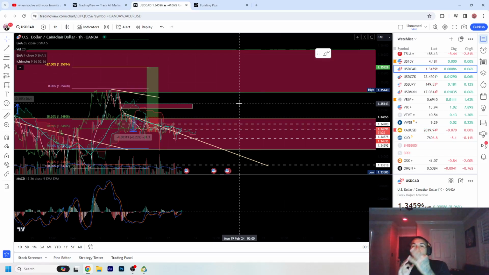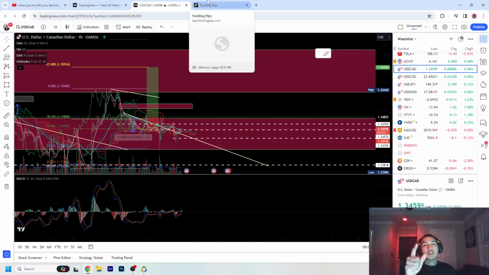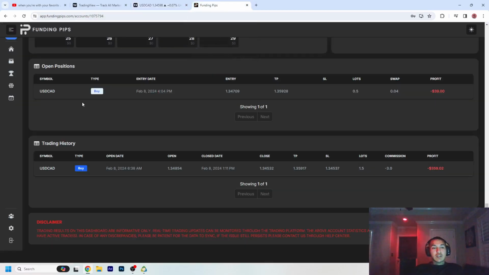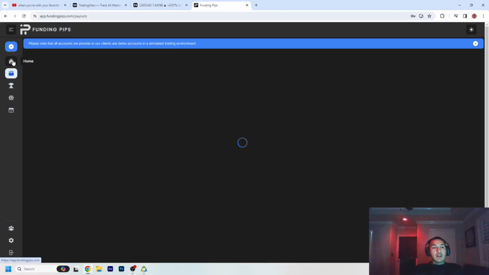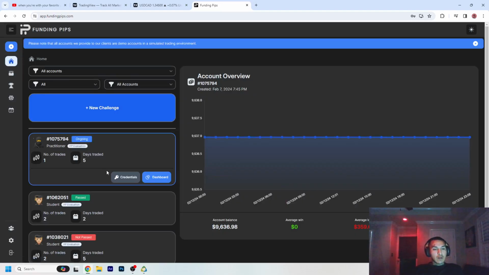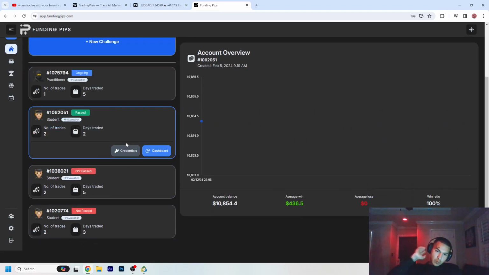This is the third part of the $10,000 challenge. As you can see, my mistakes were in EUR/USD, so we know and we learned from those things. But we were able to pass the challenge, like two weeks later, I think a week later. So pretty good. It was one trade and two trades, and boom, passed, done quickly. We learned from our mistakes, and we fixed them, and we were able to pass the account.